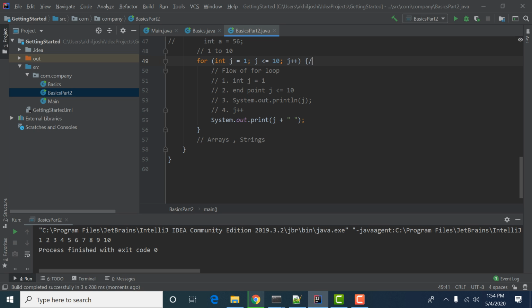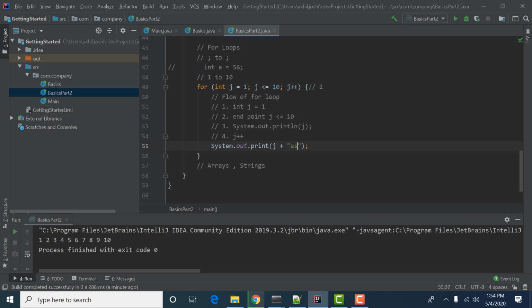In the second loop, our value becomes 2 because it increments the value after use. Then it will increment up to 10, and this will add some space. Like if we remove this thing, or I will add like 'as', so it will print like 1 as, 2 as, 3 as, 4 as. This is the space. Okay, totally fine. If I am doing nothing, then it will print in this way, 1 2 3 4 5 6. Okay,